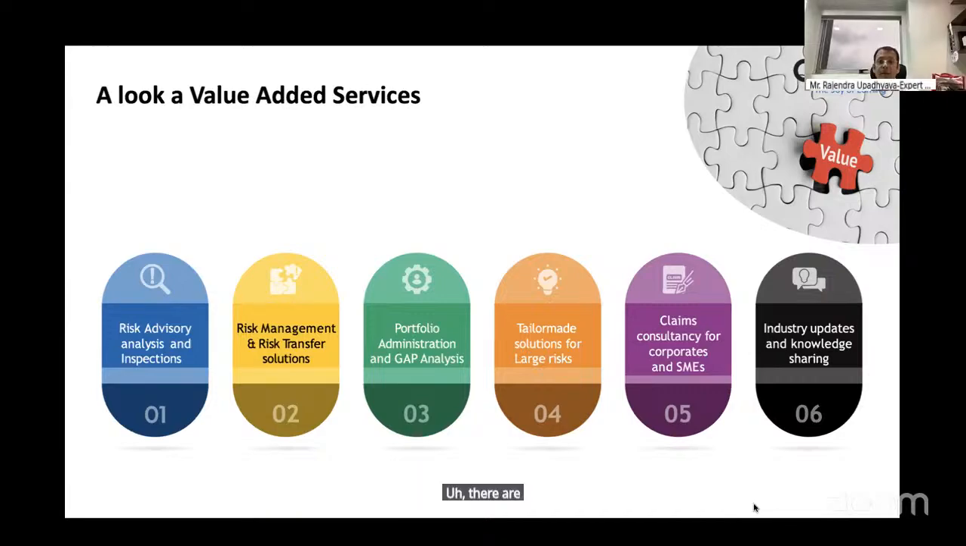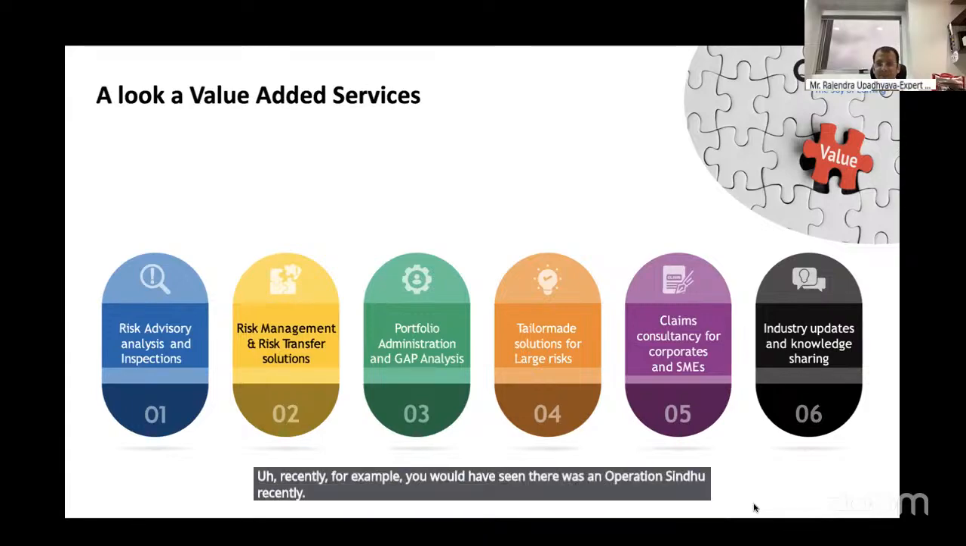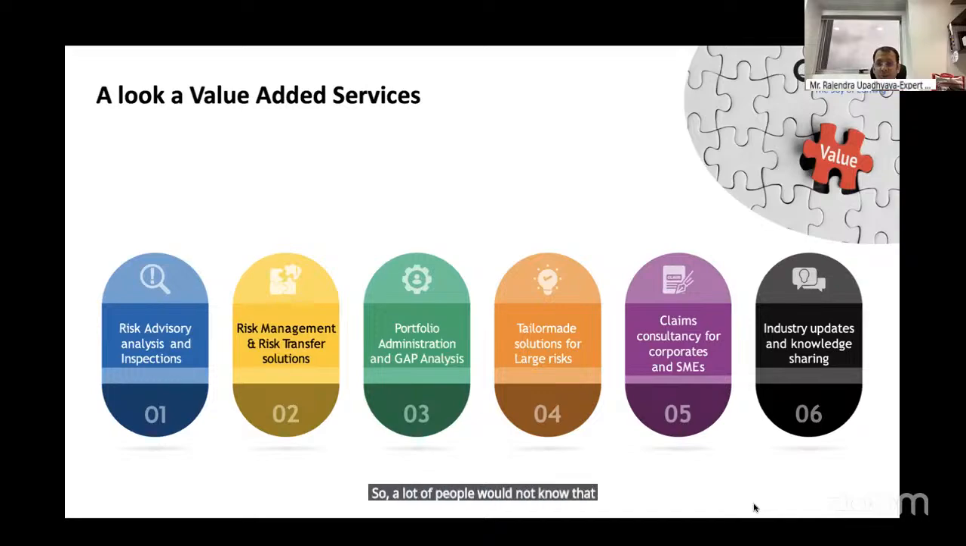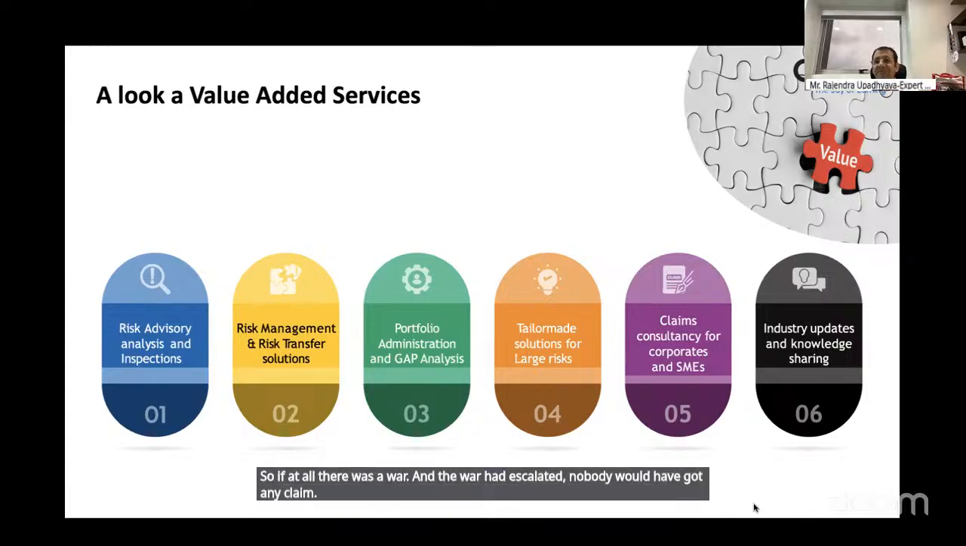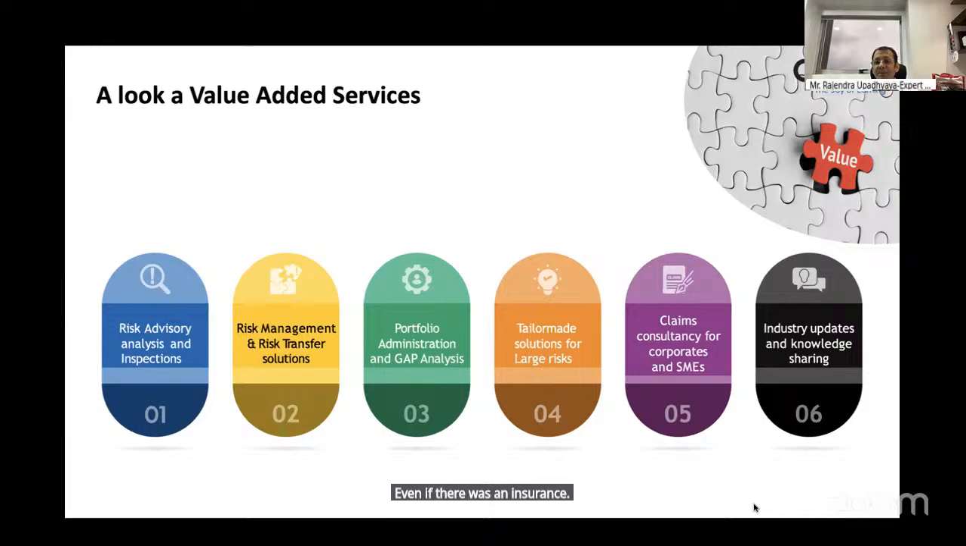There are a lot of solutions which are available in the market. Recently, for example, you would have seen there was an Operation Sindhu. A lot of people would not know that war is not a covered risk under an insurance policy. So if there was a war and the war had escalated, nobody would have got any claim, even if there was insurance. So what do we do? There are specialty things available. Today, post Operation Sindhu, the market has become hot. People are asking, see, in a war situation,